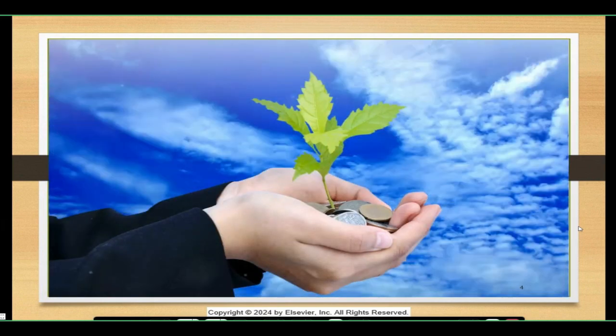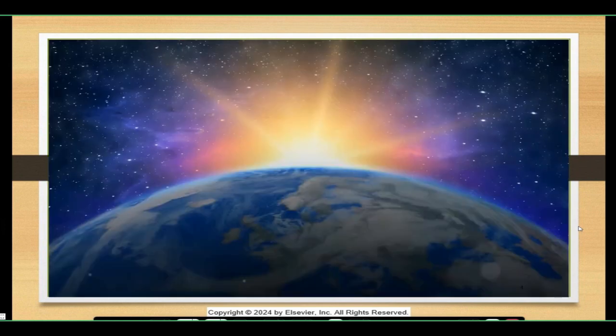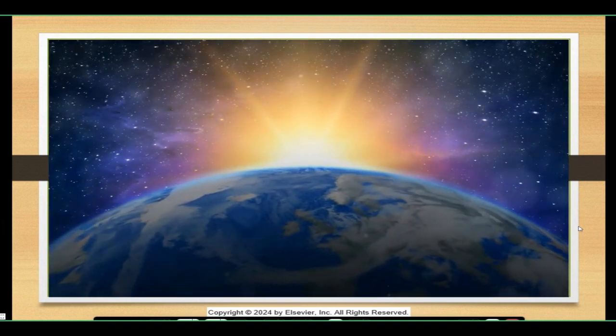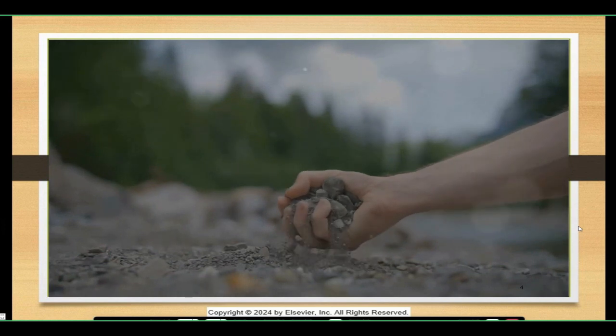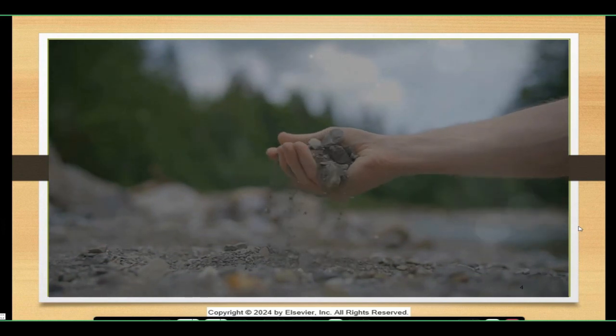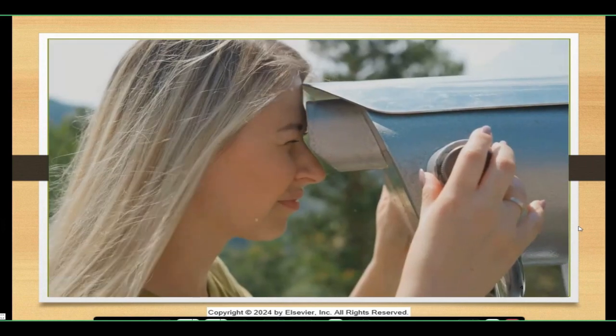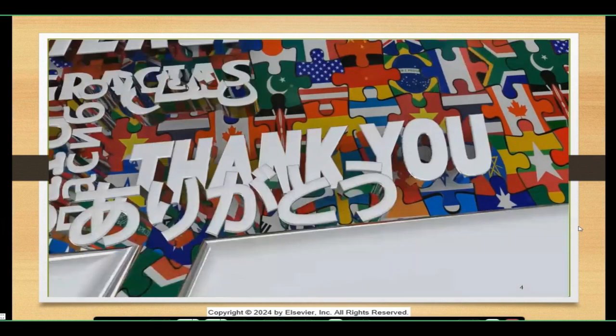So, there you have it. Your special sense organs, eyes, ears, nose, tongue, and skin, work together to help you experience the world. They detect sensations and send signals to your brain, turning them into sight, sound, smell, taste, and touch. Pretty cool, right? Next time you see, hear, smell, taste, or touch something, take a moment to appreciate the amazing